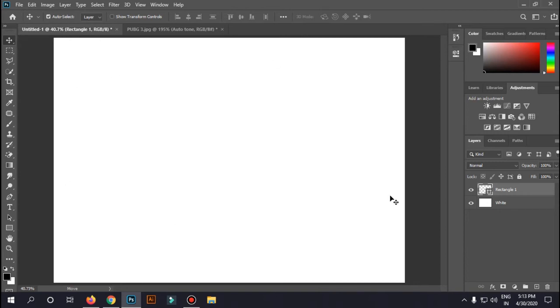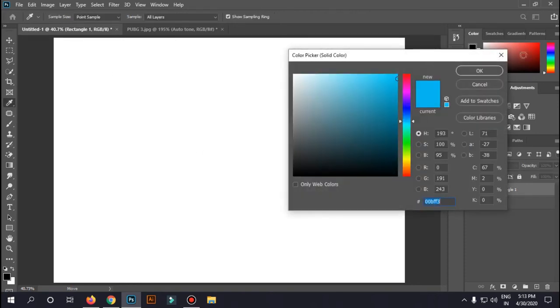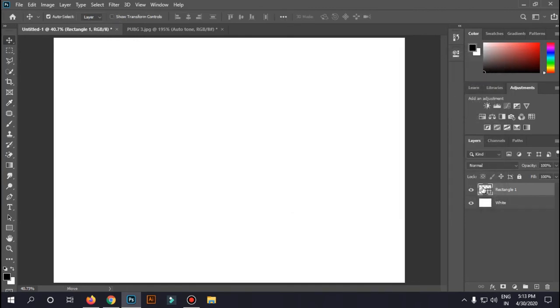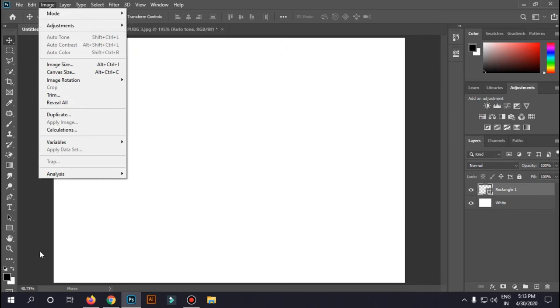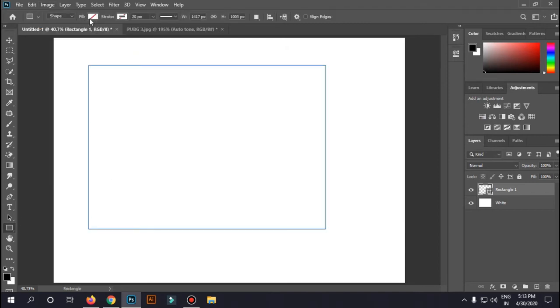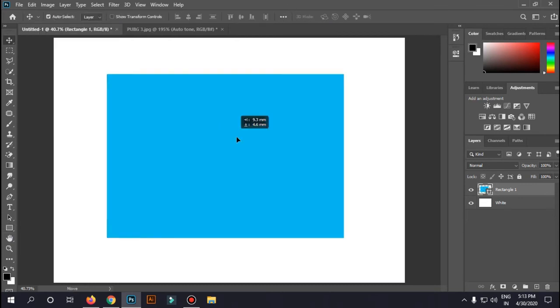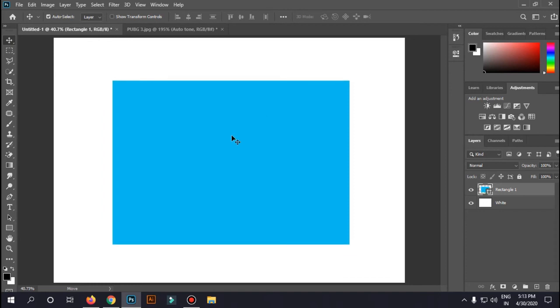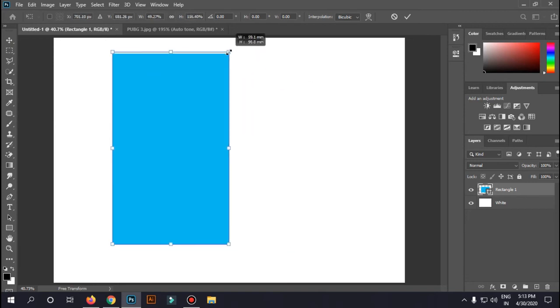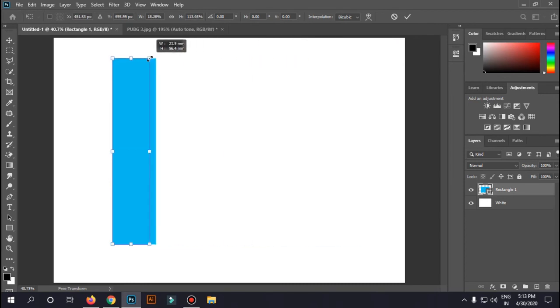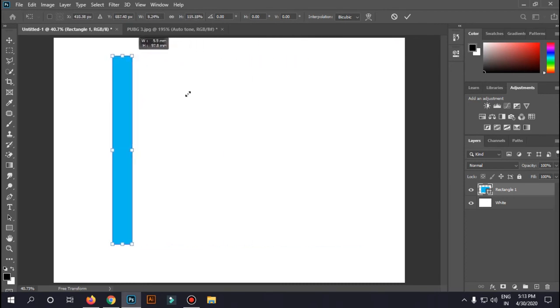Now we were talking about this rectangle, right? You can even look at the rectangle here. Color is not selected, so you can't look at it. So let me go to image. Let me click on the rectangle and click on whichever color you feel like. Now this is the rectangle. Let me place it in the center, and by pressing Ctrl T you open up the transform tool. You can even resize the rectangle like this.